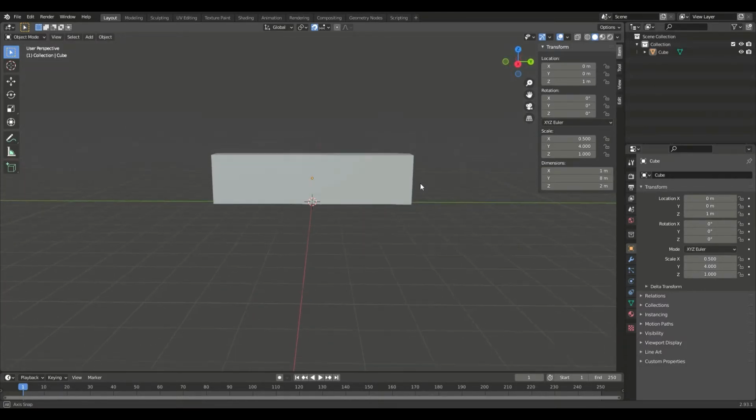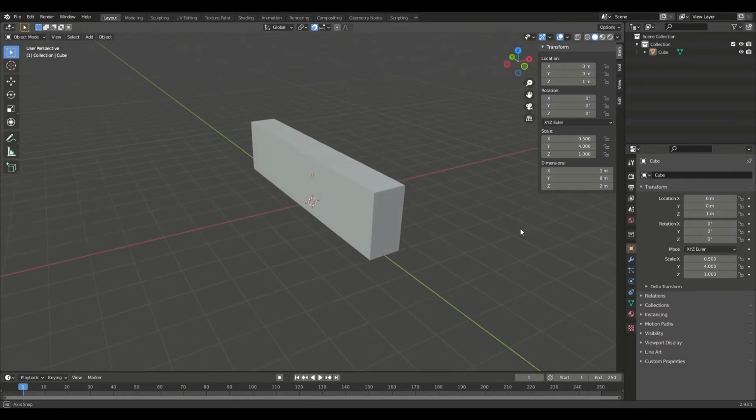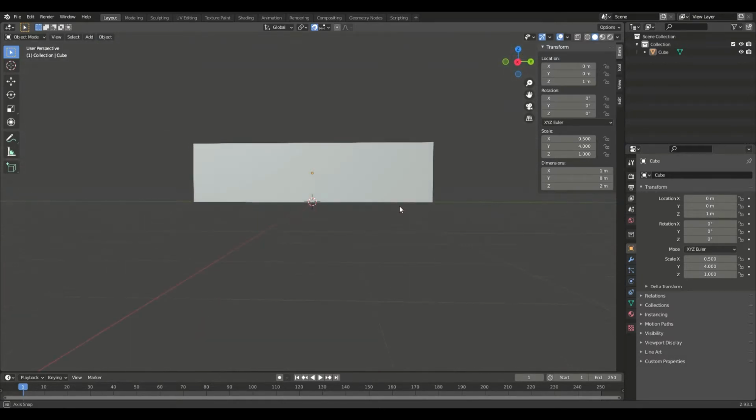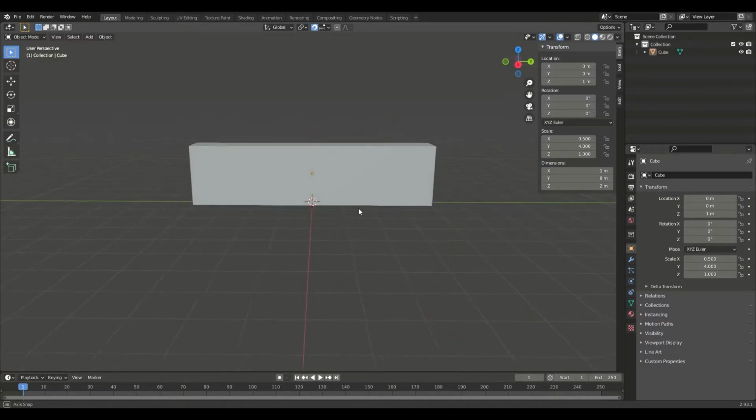Now, what we want to do is break it into a bunch of pieces using an add-on. But before we do that, you need to decide if you're going to have something smashing into it so it breaks really small in one spot, or if you just want the whole thing to be pieces. If you just want it to be pieces, you can skip this step.